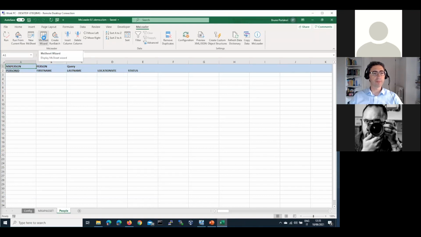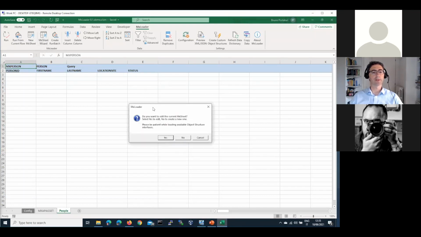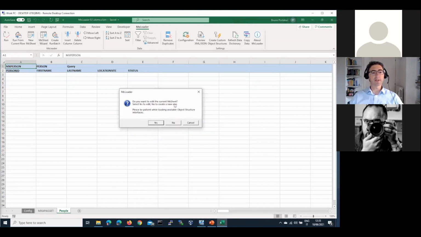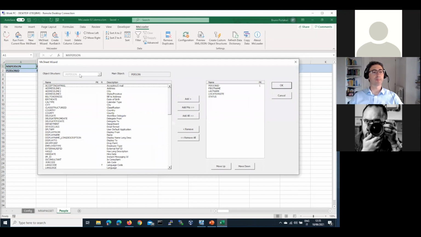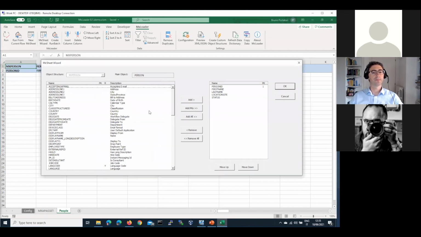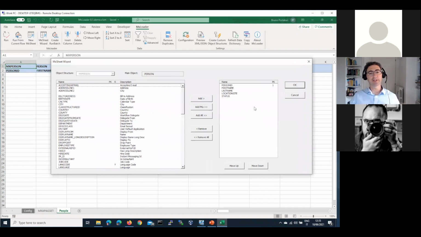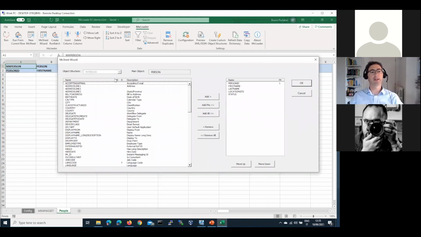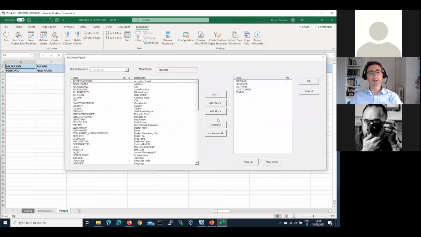If you now click on the wizard, it asks you if you want to edit the current sheet or create a new one. If we select yes, then automatically it will pick the MX person object structure and select the fields that are already present in the template,